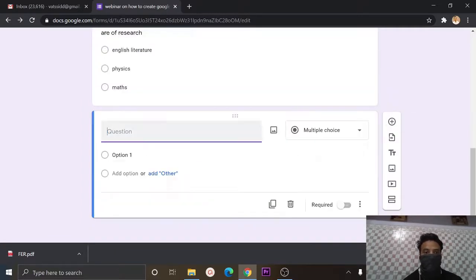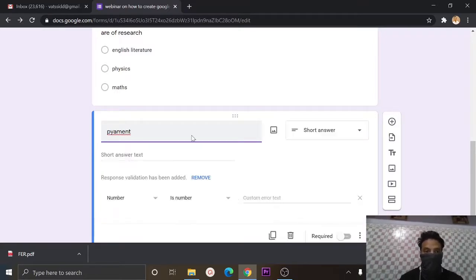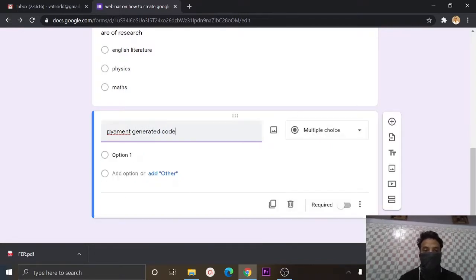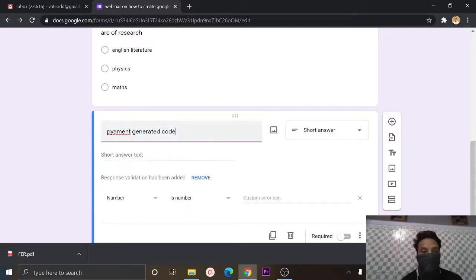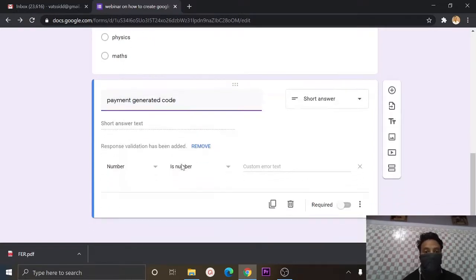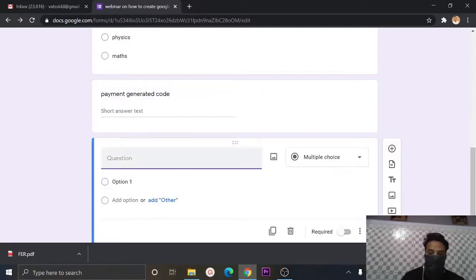Then one more question I want to add, payment link. Yeah, payment generated code. Okay, and I can then add payment link for Paytm.